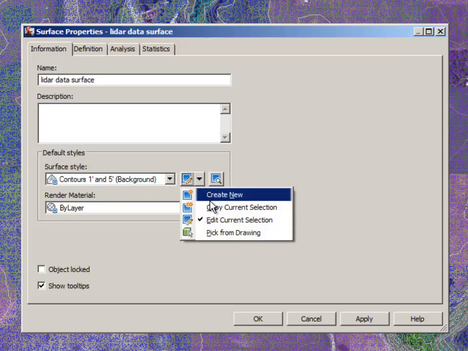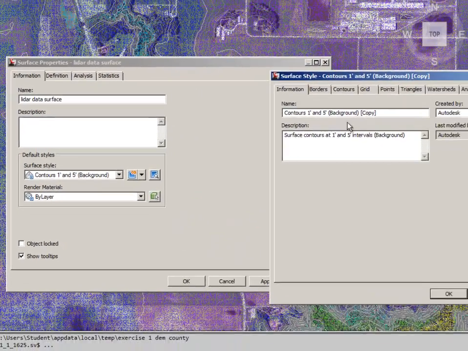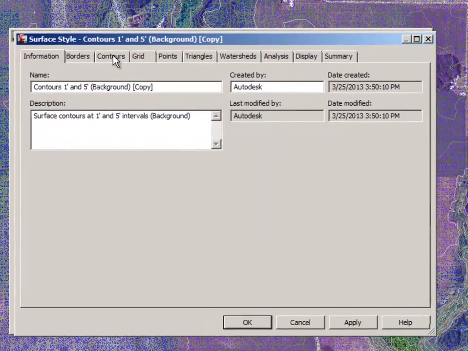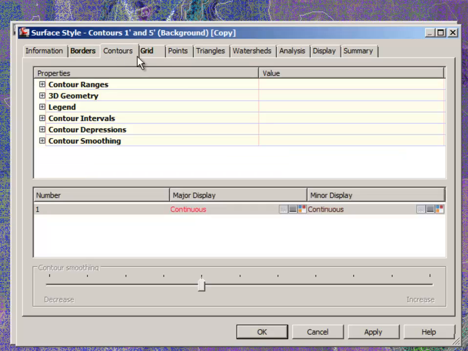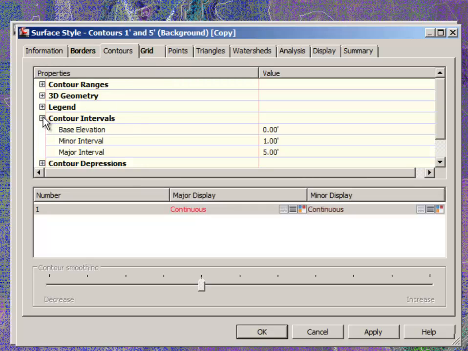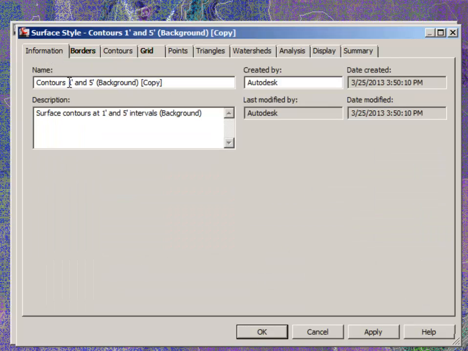Over here, we can copy that. And then over here on the contours option, we'll go to contour intervals. And we could change that to, for example, 0.1 and 0.5. Back here under information, we'll change the description. 0.1, we'll put a 0 in front of that. And 0.5. And we'll take out the word copy. If we say OK,